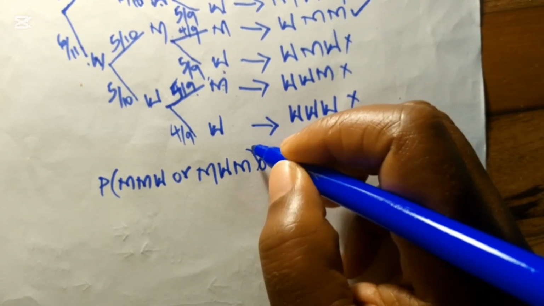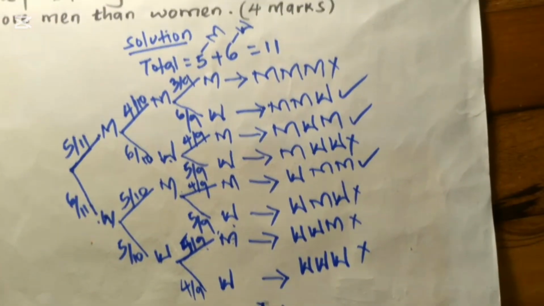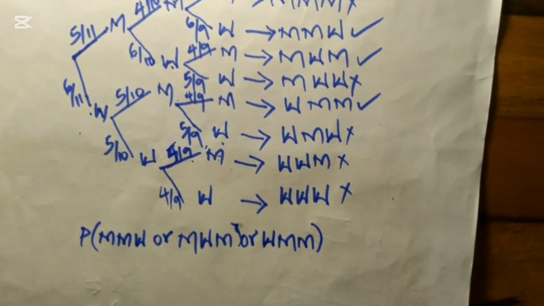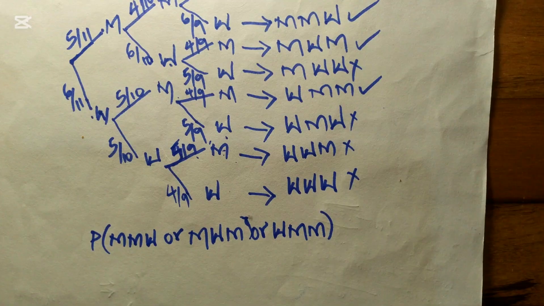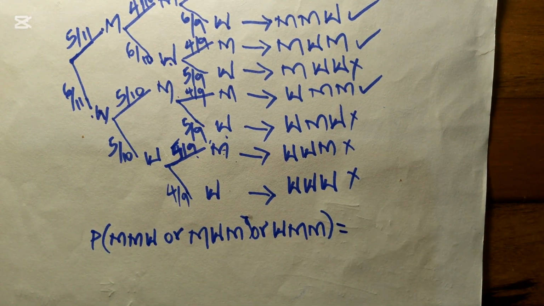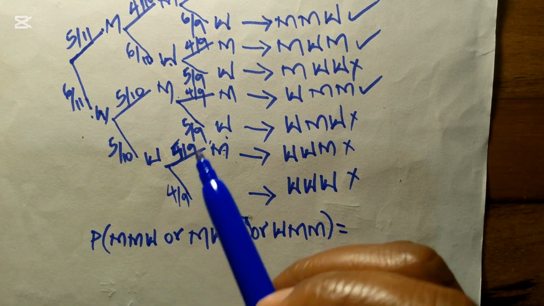Or it can be of a woman, a man, and a man. Then now we go back to our tree diagram and substitute the probabilities. So we'll have P equal to the probability of choosing a man, and a woman. Back here,